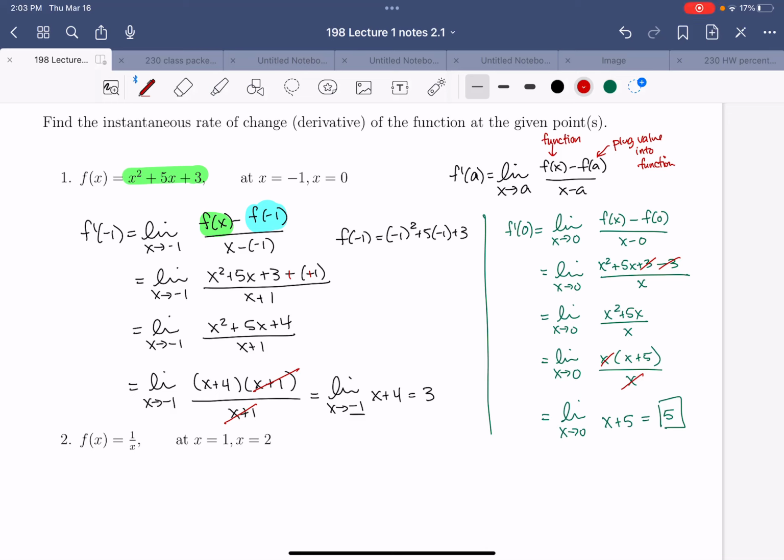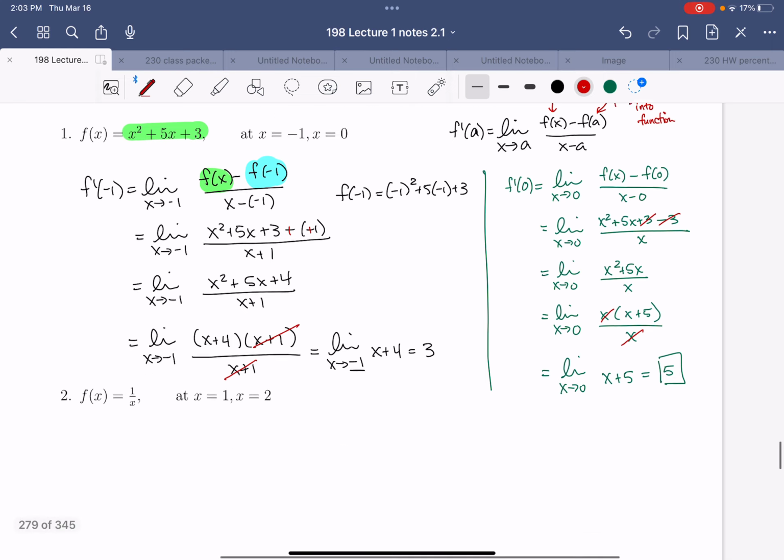Hey guys, so I don't have the solutions written out to these, so I figured I'd record a video as I finish filling them out, and then I'll post the solutions and the video for you for the ones we didn't do in class. So we did do both parts of number 1 in class, so I'm going to go ahead and jump into